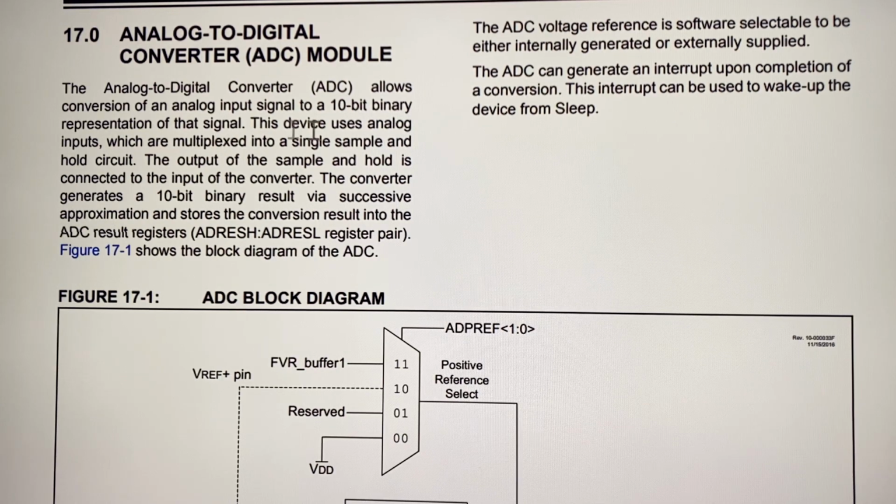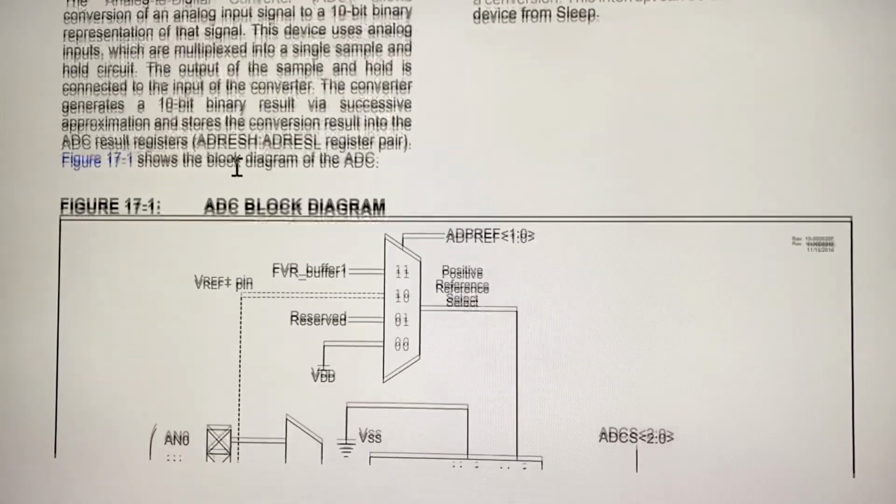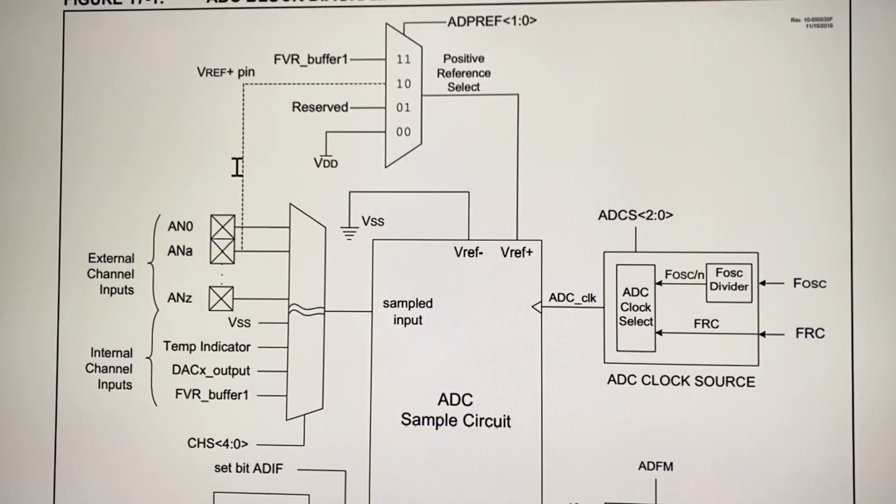And this A to D converter allows conversion of analog input signals into a 10-bit binary representation of that signal. So this is the schematic, and notice that here we have the analog inputs from AN0, AN1 up to AN2,